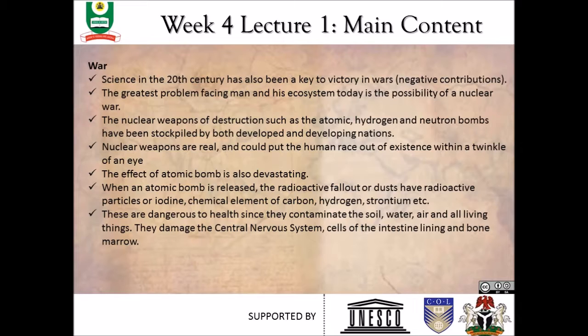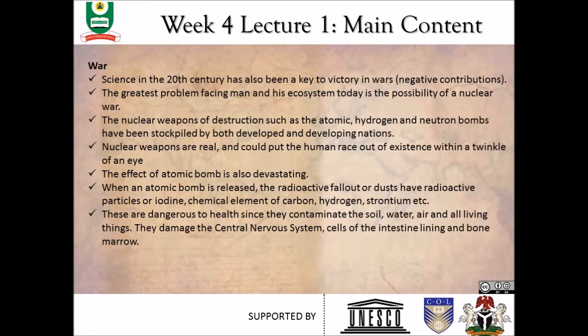Can you give an example of the use of the atomic bomb in the 20th century? You might have heard of Hiroshima and Nagasaki. These were the two Japanese cities leveled with atomic bombs during the Second World War in 1945. The bombing was done by the Americans. They did this in retaliation for the Japanese surprise attack on the American fleet at Pearl Harbor in 1941. As a result of this, the American ship Arizona was sunk with a loss of about 1,000 Navy men.